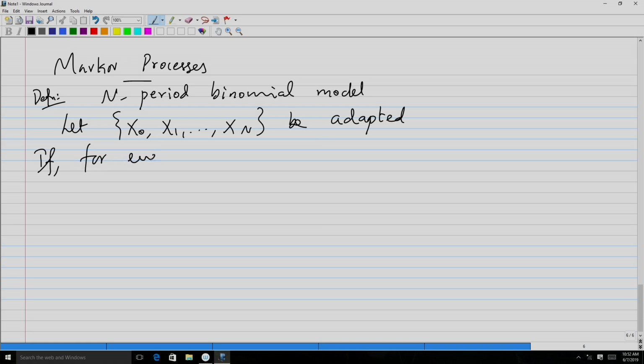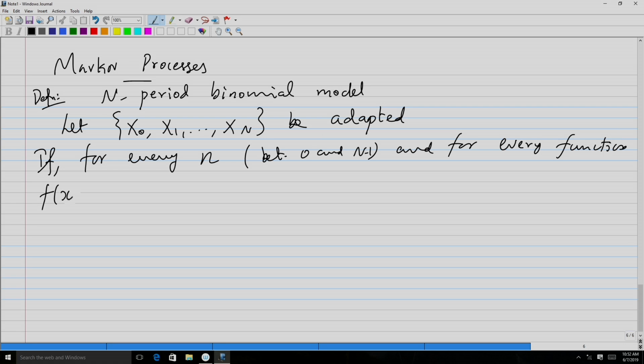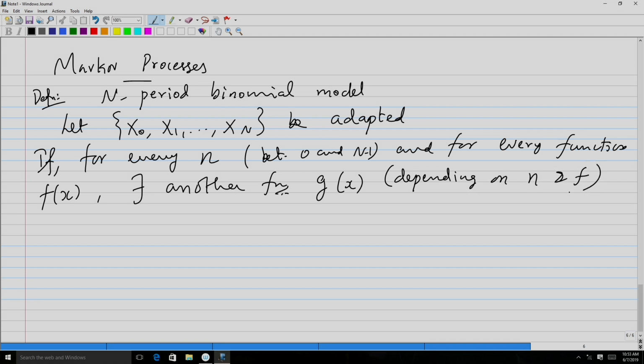If for every n between 0 and n minus 1, and for every function f of x, there is another function g of x, which might depend on n and f, such that the expectation of f of x n plus 1 given F n is g of x n,